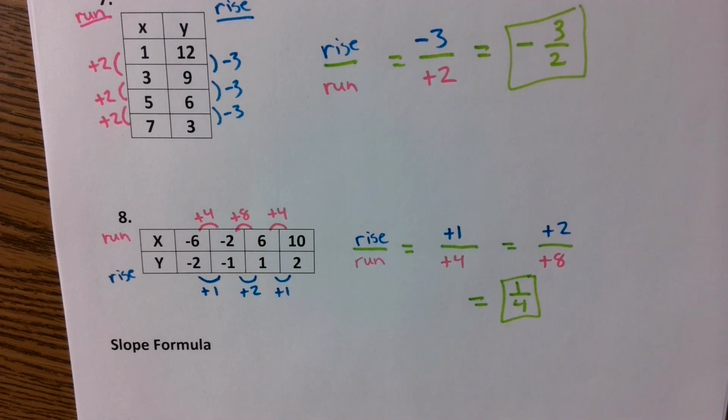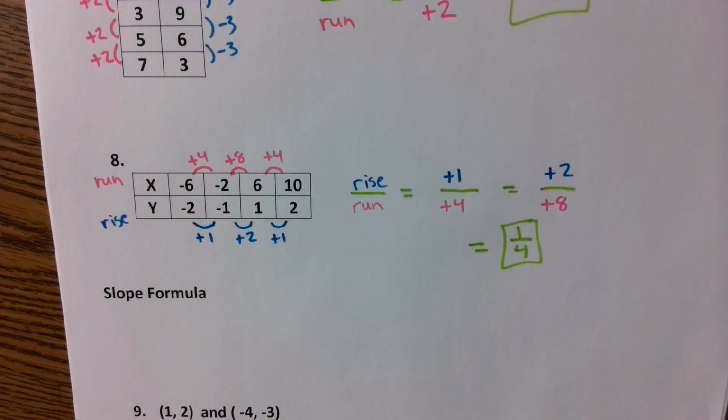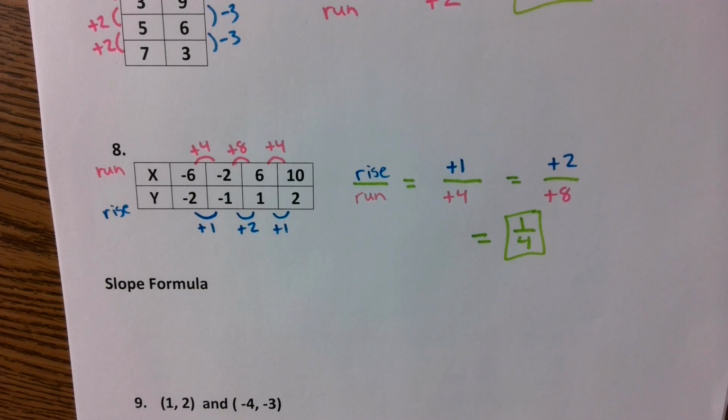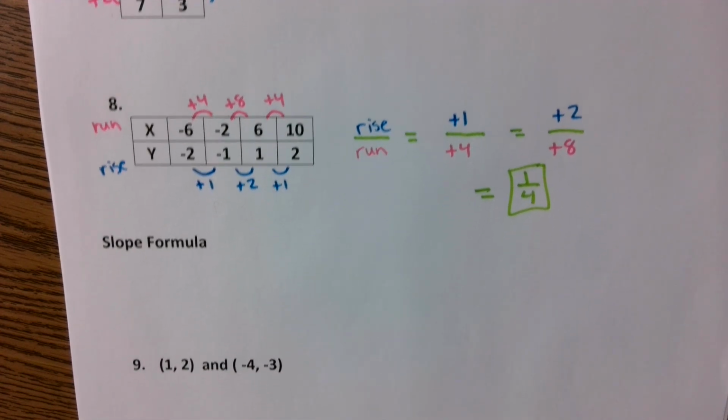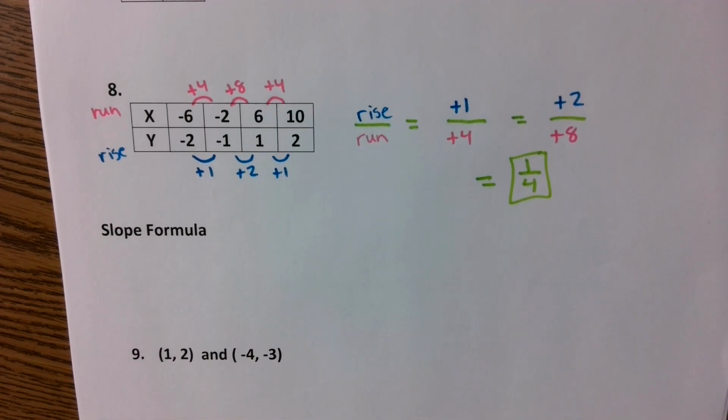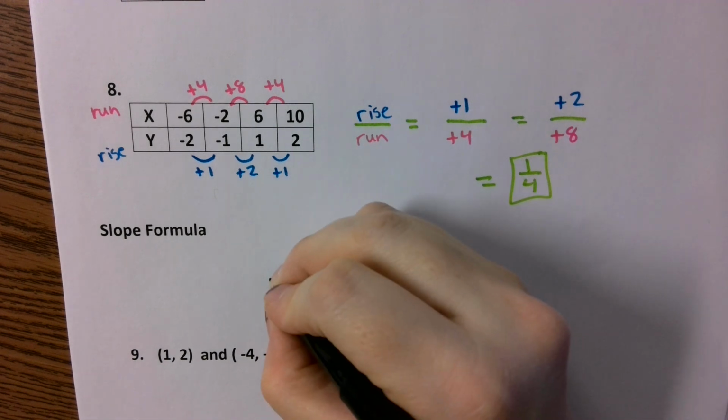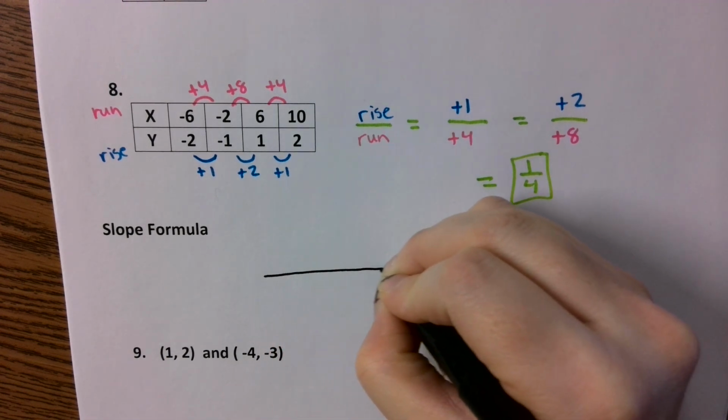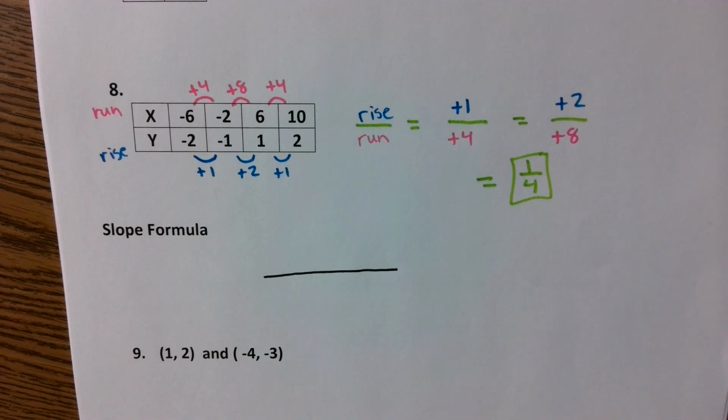Okay, they both simplify to the exact same value. All right, the last thing that we're going to be discussing here is the actual slope formula. So our slope formula is for when you are not given the actual graph, you're just given a couple of points that would be on a graph, but you don't have the ability to actually graph it. So then you're utilizing the slope formula to be able to identify what the slope is going to be between those 2 points. So since you have 2 points being provided for you, you do have a fraction,